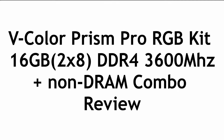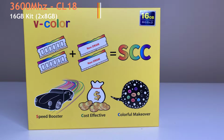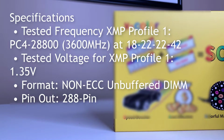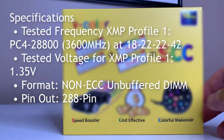Today I'm very excited to show you the V-Color Prism Pro RGB kit. The one that I have here is a 16 gigabyte kit, two 8 gig modules, of course, and two non-DDR4 modules. So these are non-RAM modules. Copper alloy heat sinks, we're going to show you in a second. It has 3600 megahertz at CL18 timings on that XMP profile, which I'm going to be running it as